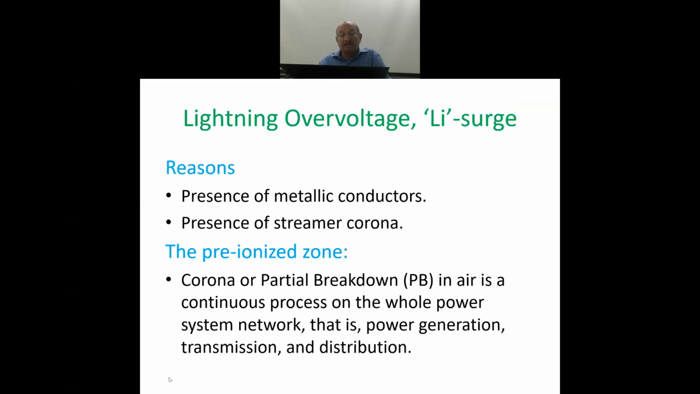Then the second source, as I mentioned, is the lightning over voltage, also called lightning surge. Transient over voltage of impulse waveform, or impulse wave, you can say, is also known as surge voltage, because a wave is also called surge voltage. The lightning over voltage: presence of metallic conductors, presence of streamer corona. That is being explained